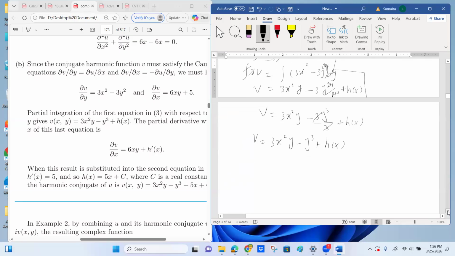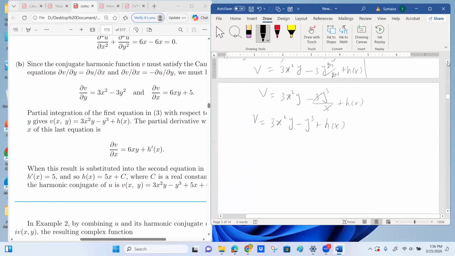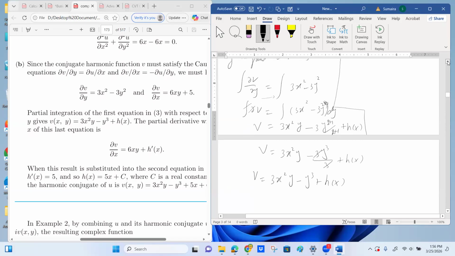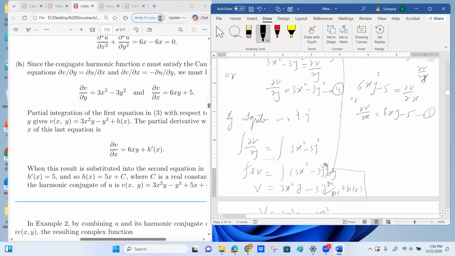मैं इसमें देखना ये चाह रही हूँ कि इसमें दोनों इक्वेशन से आपको मिलती हैं v की वैल्यू, देखें यहाँ से भी आपको मिल रही है. You can also find out the value from both the equations. यहाँ पे अपने integration of y किया तो ये derivative cancel out होके v की exact value simple रह गई. Similarly यहाँ अगर आप integration with respect to x करते हैं तब भी आपके पास same value ही आनी चाहिए. For example अगर मैं यहाँ पे कर देती हूँ तो integration with respect to x करने पर 6x² y/2 आ जाएगा. ठीक है, इस पे power 1+1 हो जाएगी ना, तो वो भी 3x² y - 5y